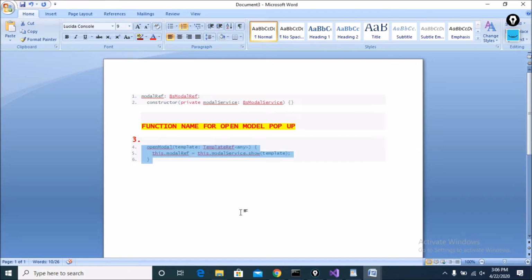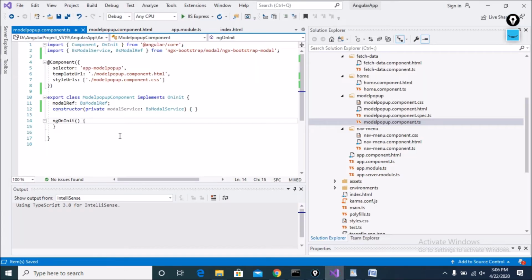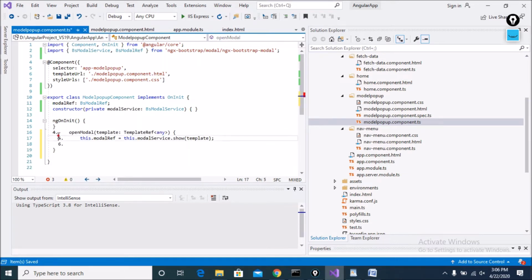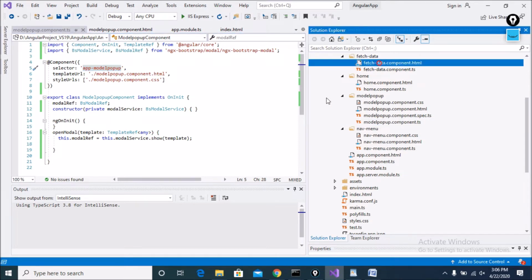Copy this function, open your Visual Studio and paste it here, and inject TemplateRef. You can see this is the selector app-modal-pop-up. Copy this selector and paste it in your fetch data component.html.